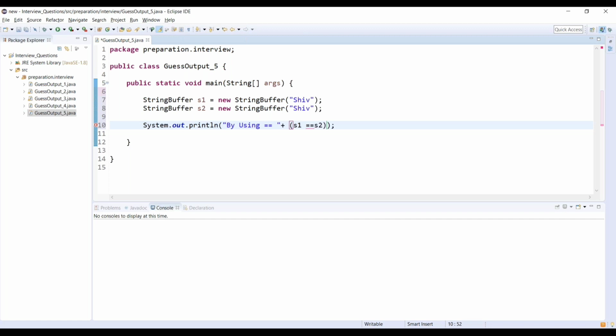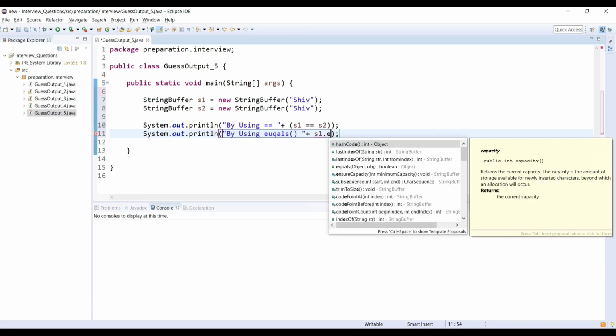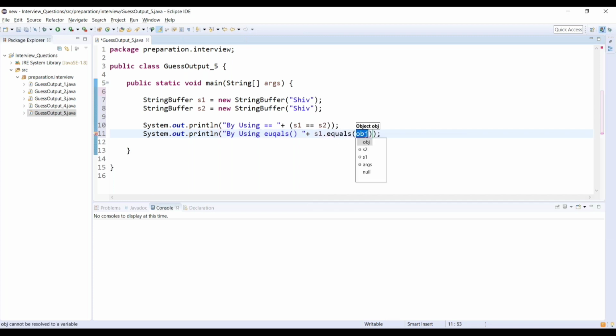This is the first, where we are comparing both string buffer objects s1 and s2. In the second one I am again writing system.out.println, but in this way we are comparing with the equals method. These things we already know, but when I run this code you will be surprised to see the output. Both the outputs will be different.